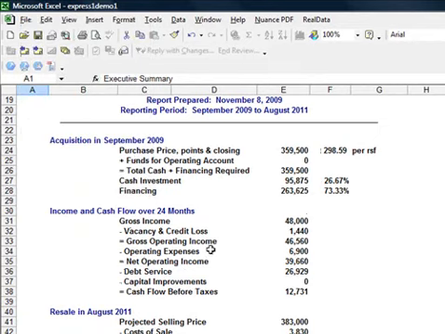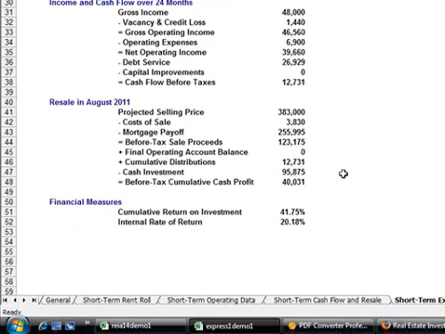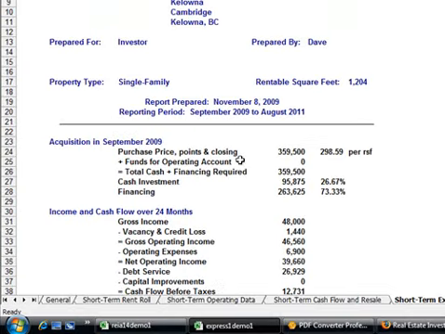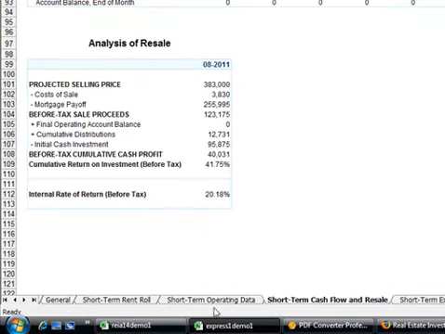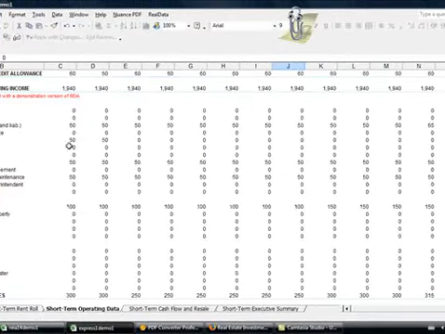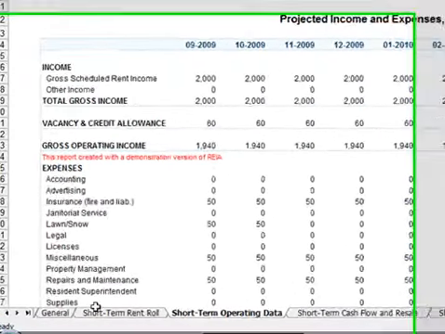Gross income over 24 months. So it adds the 2 years together, less all the different factors that we put in there, including your resale and your financial measures down here. So really a great little product. I really like it. My only issue really with this one was it would be nice to pre-populate these things,